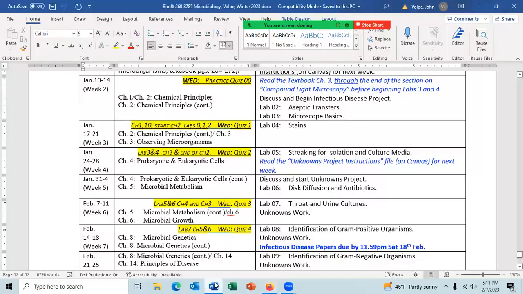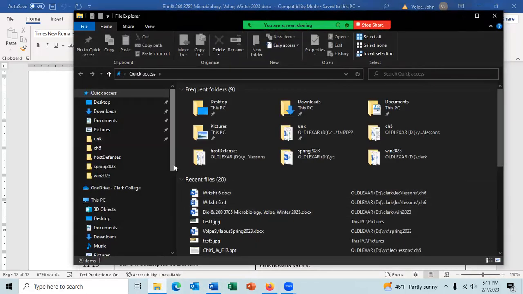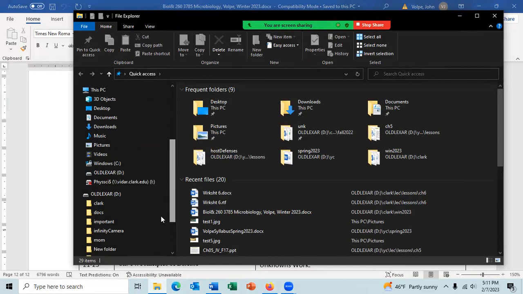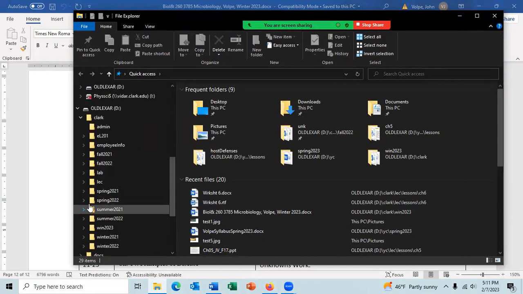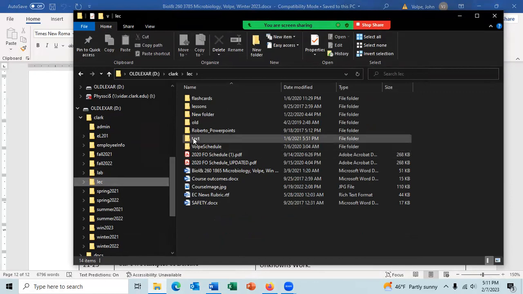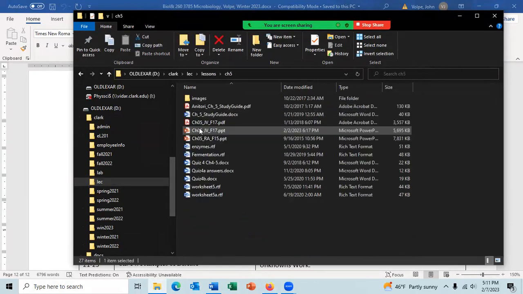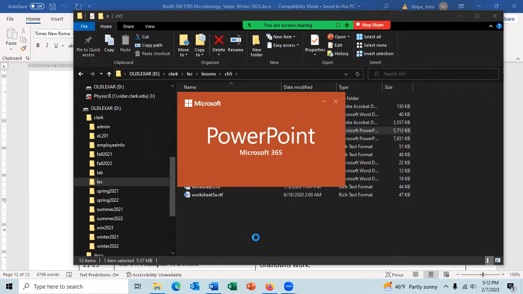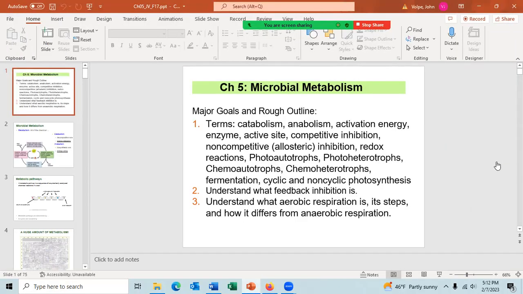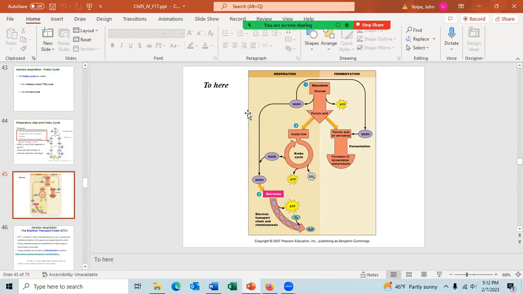All right, let's go and see. I've already told you what we're doing, and it is chapter 5, and then hopefully we'll start chapter 6. It looks like we're on slide 45. Yep, there's 2 here.